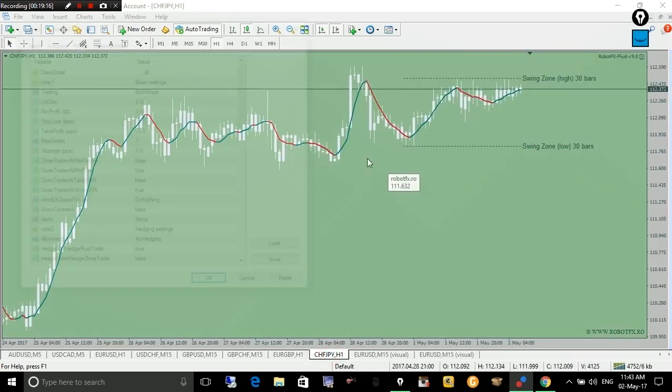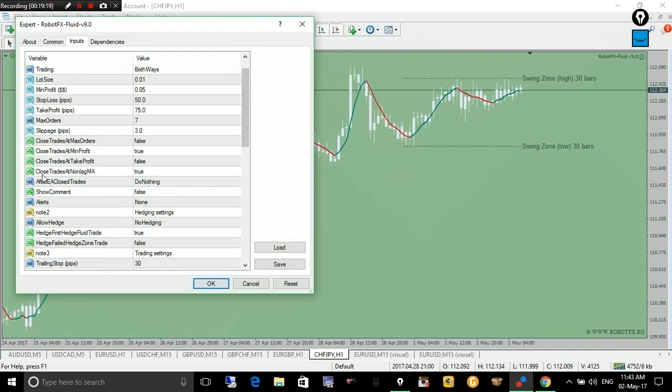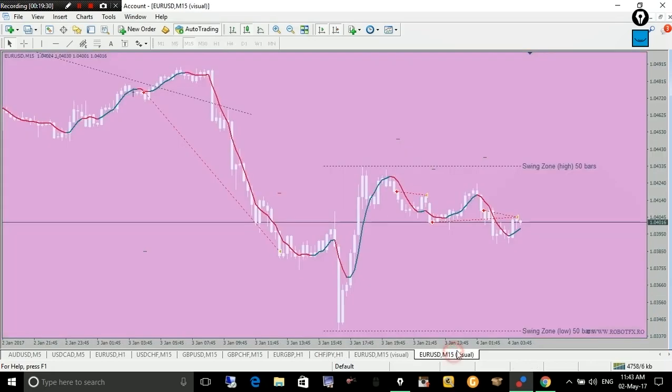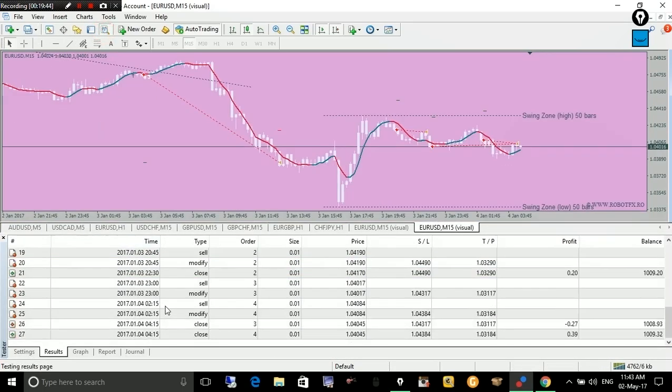Let's make a short review. We have the close trades at non-lag moving average set to true, and the close trades at minimum profit set to true. These both settings made it possible for these two trades to close when the non-lag moving average changed the color, and it considered the profit of the basket of both these trades to be at least the same as the minimum profit. 0.39 minus 0.27